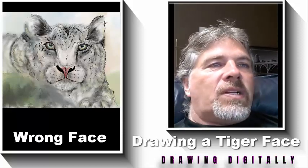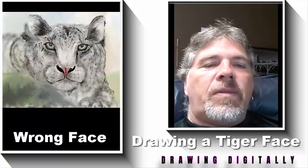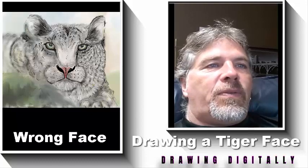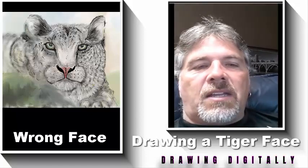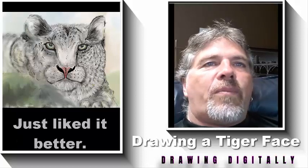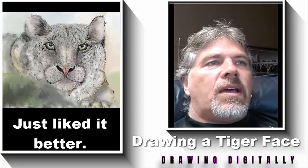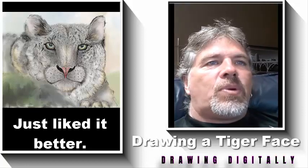So I went to see these tigers, and as I was watching, there was one tiger that had a real neat personality. When he came to the fence, I took a picture of his face and decided that I would do a drawing of him and hopefully do justice to how proud he is and how playful he was. I'm not too sure I achieved that, but you'll see the step-by-step process that I went through